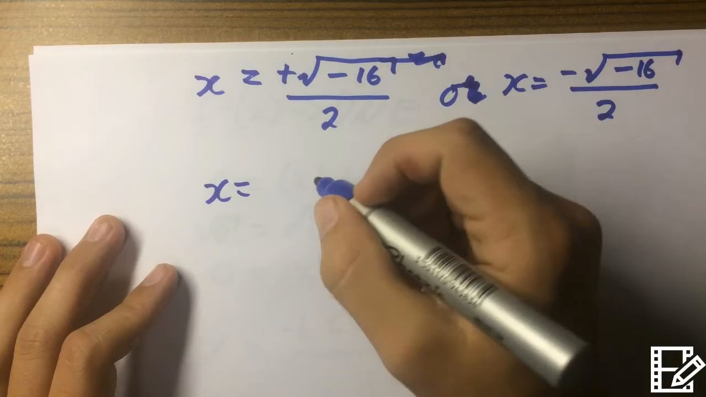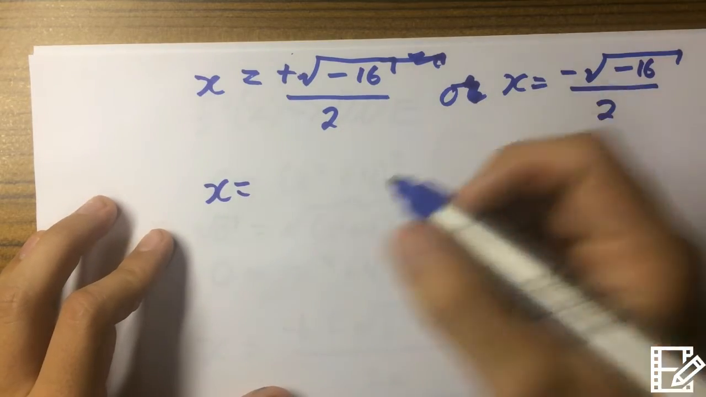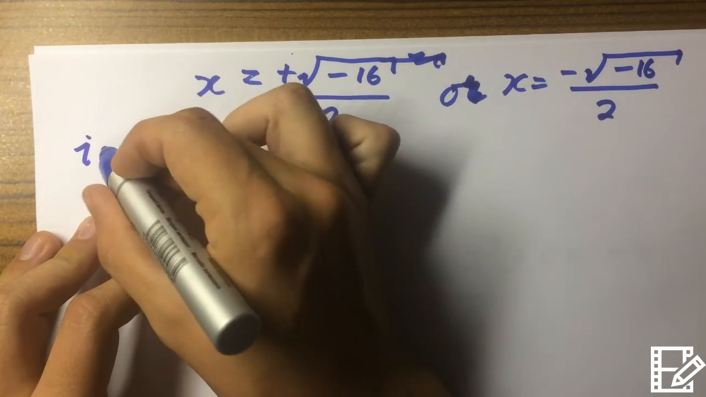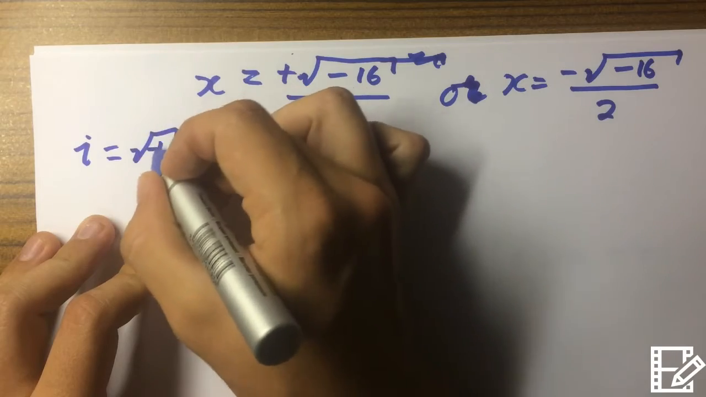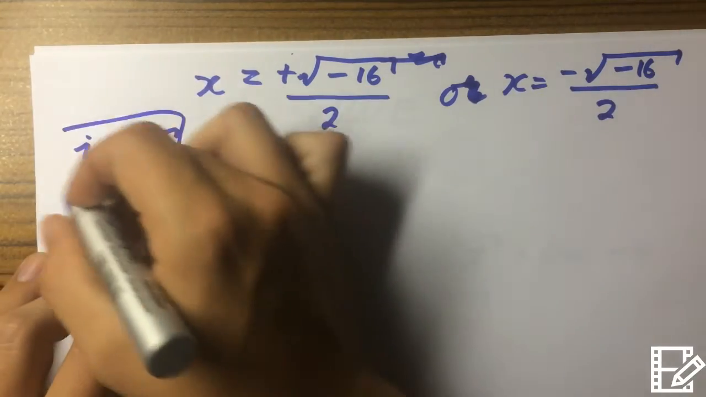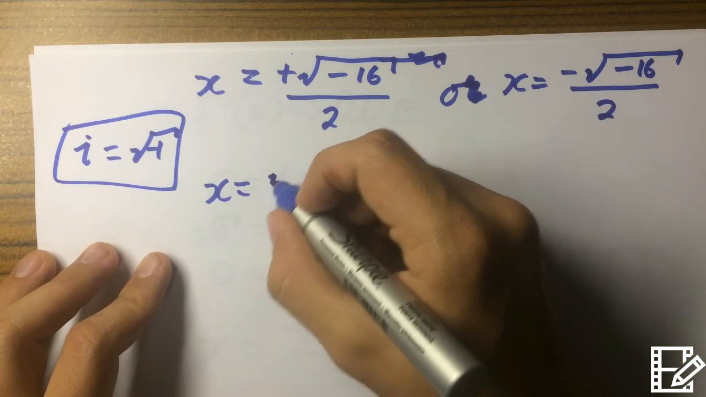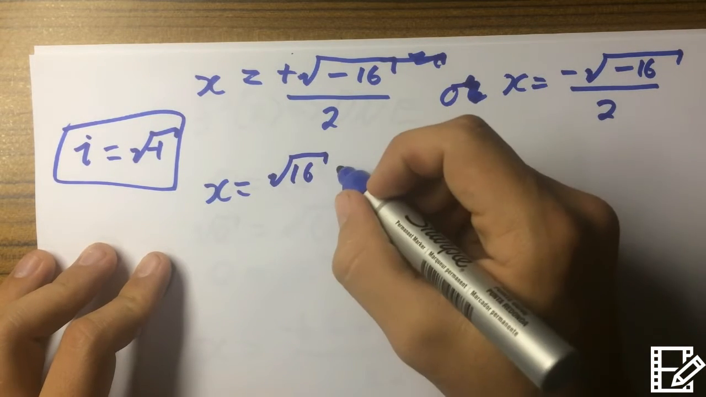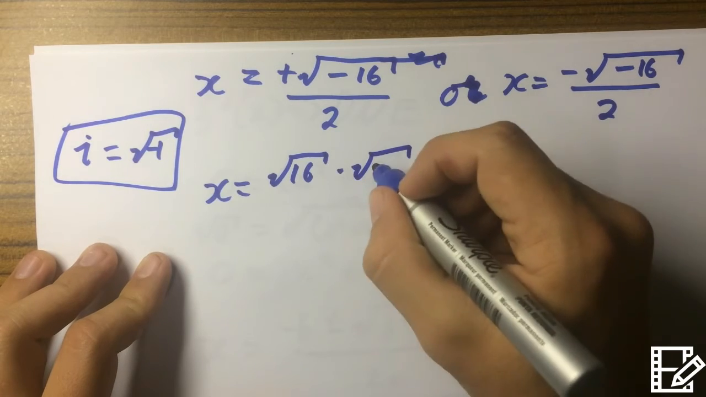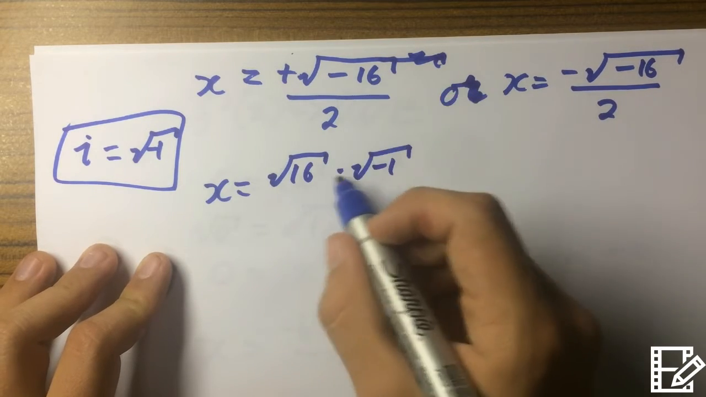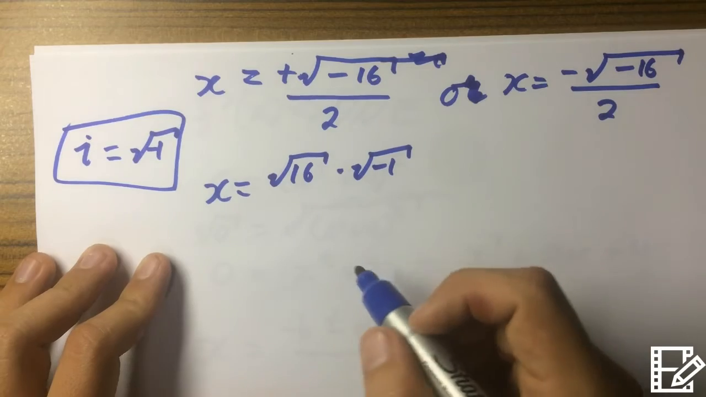I don't expect you to notice if you don't know imaginary numbers, but basically, i equals the square root of negative 1. That's all you really need to know for this. So, we can split this up: the square root of 16 multiplied by the square root of negative 1. That's the exact same thing. If you multiply these together, you get that